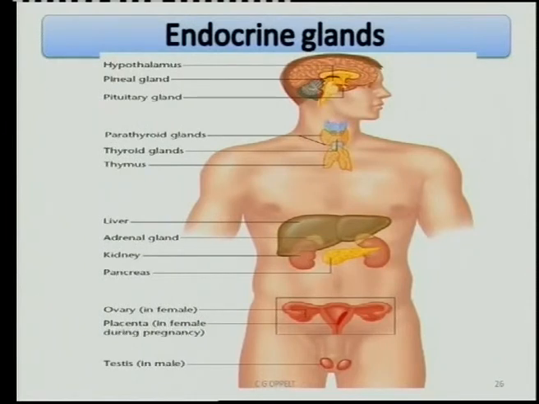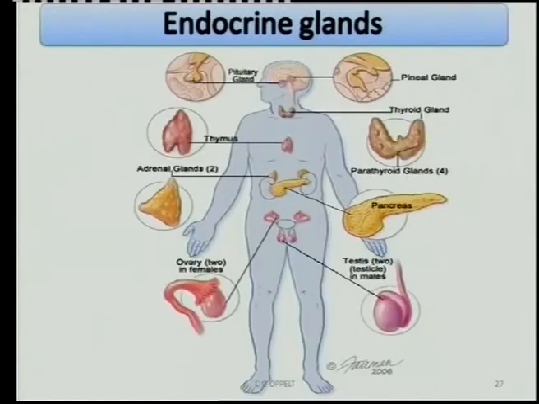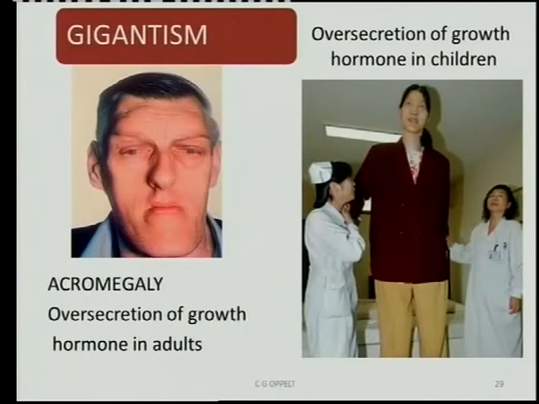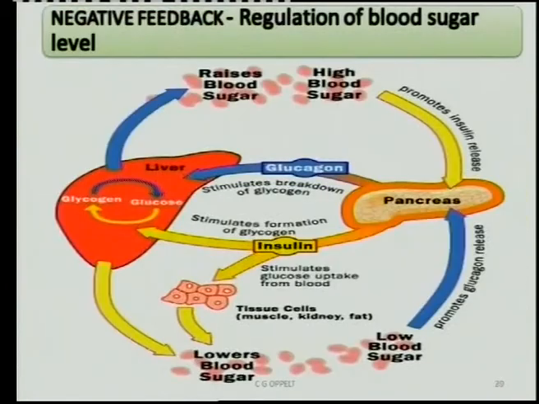Right, there are many endocrine glands. You have to know them. Go and have a look in your textbook. You have to know the name of the hormone, the gland that secretes the hormone, the function of the hormone, and what happens when you have too much or too little. Many books will refer to it as an over-secretion and an under-secretion. There you've got another picture. This is just growth hormone, and under-secretion causes dwarfism, over-secretion, gigantism.